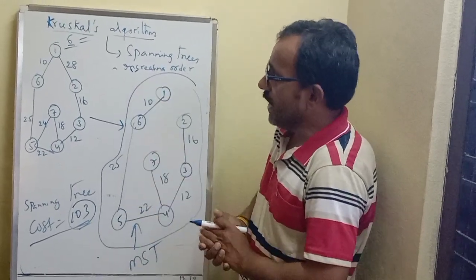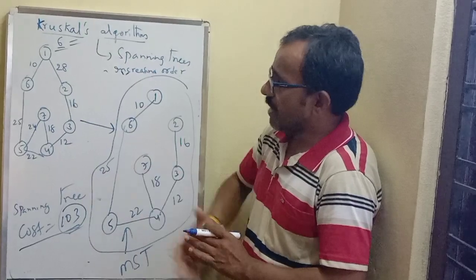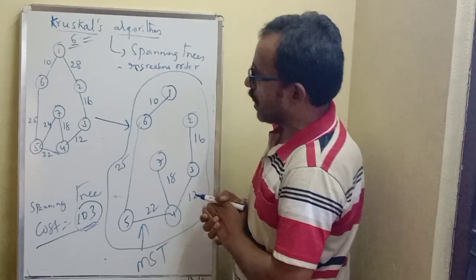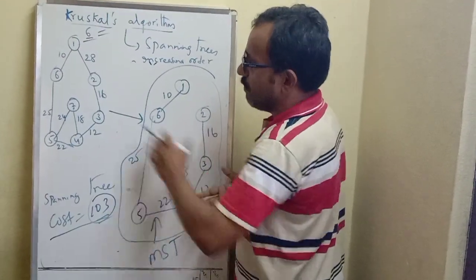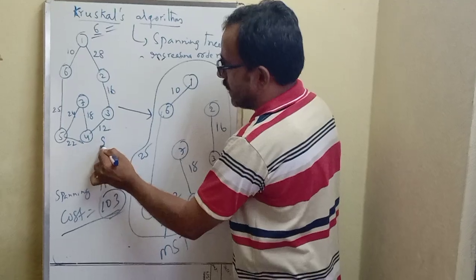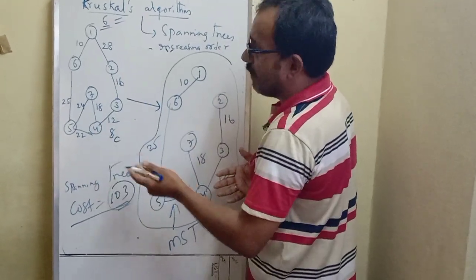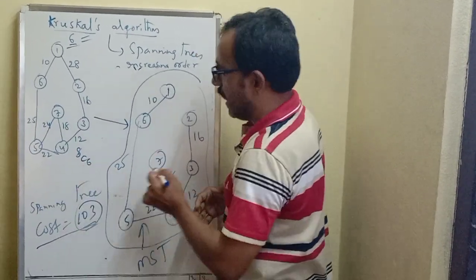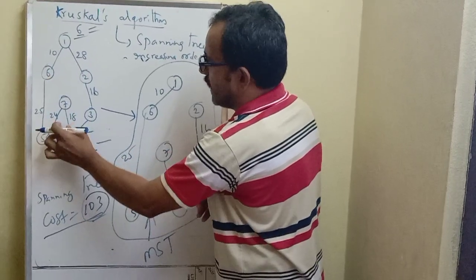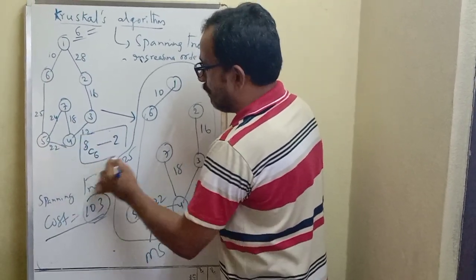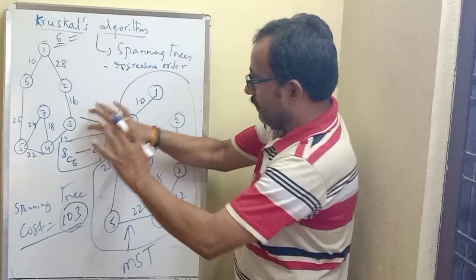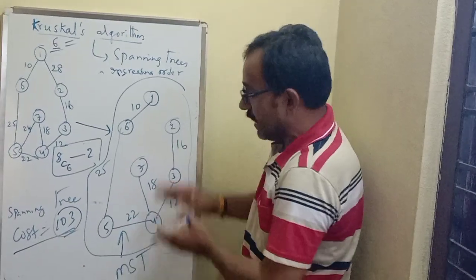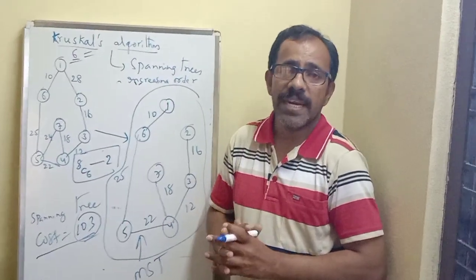I have already told how many spanning trees are possible. Based on number of vertices we say. I have already written the equation, I think. Okay now. So number of spanning trees possible are, count the number of edges in the graph: 2, 4, 6, 8. Number of edges are 8. C, the number of edges required for constructing spanning tree. Number of nodes are 7. The number of edges required are 6. Minus number of cycles. This is one cycle, this one is another cycle, 2. So these number of spanning trees are there. Out of this particular number, this is only the spanning tree which is producing the minimum cost 103. That's why we are treating it as minimum cost spanning tree.